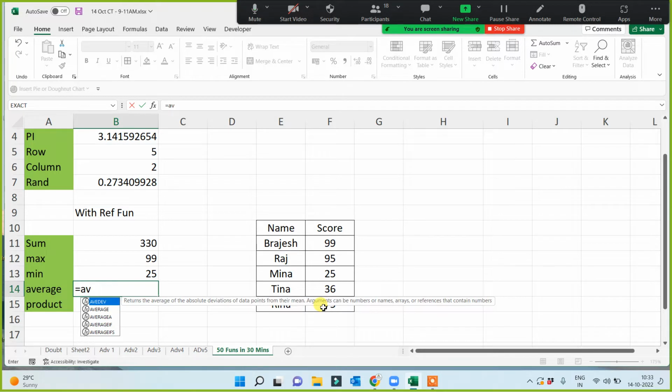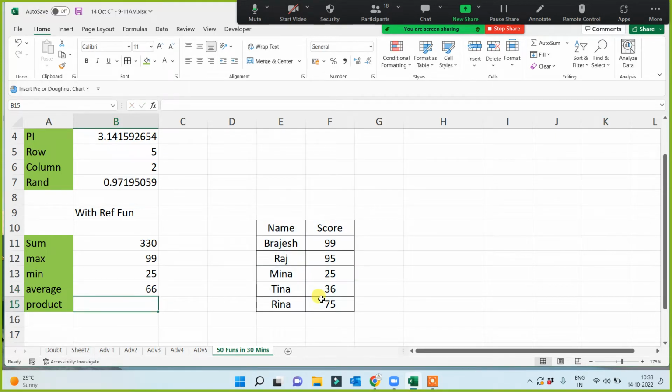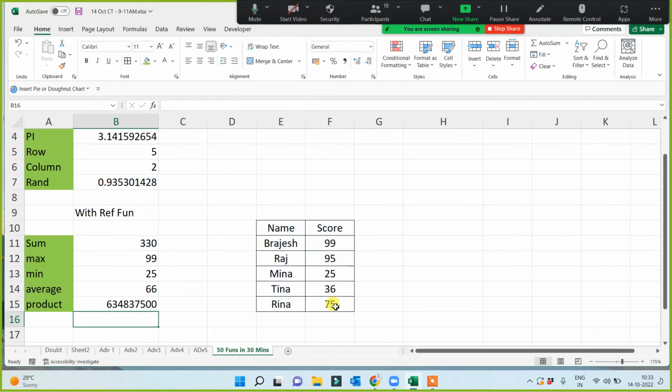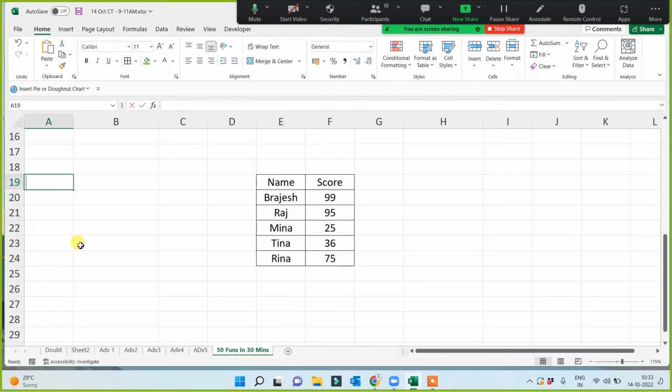Average is the average of the total data or complete data, the average of the numerical values. Product means multiplication, of this 99 into 95 into 25 into 36 into 75. So this is product. In the same way we have data and again 5 functions,